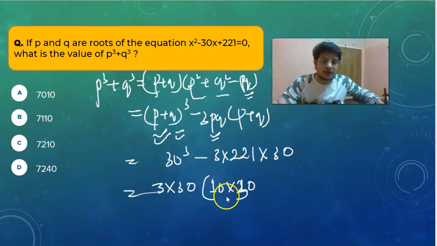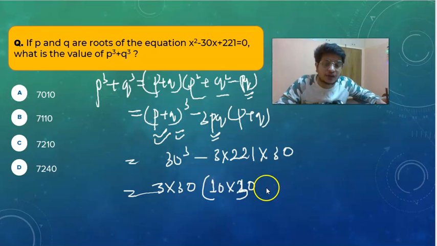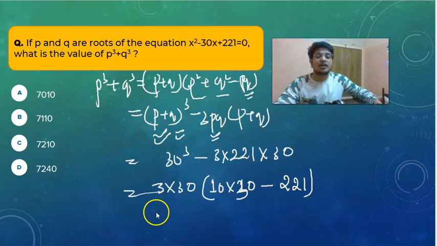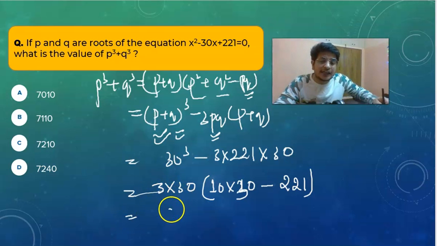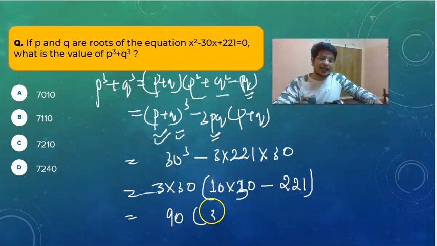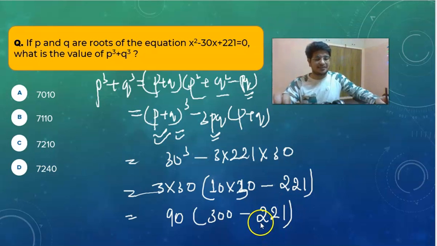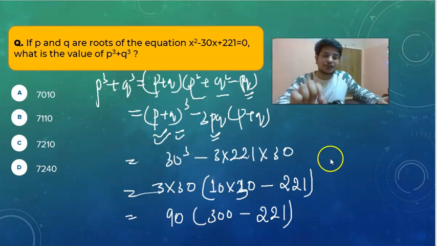This one I can write. Why am I writing this one? We had already taken 3 and 30 common. So now here I can write the value as 221. Okay, now what can we write? It can be written as 90, it can be written as 300, and it can be written as 221 as it is. So 300 minus 221